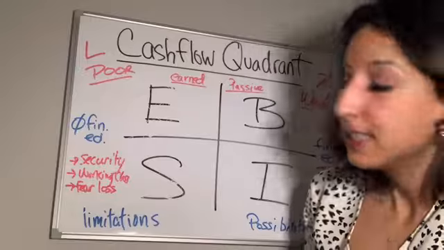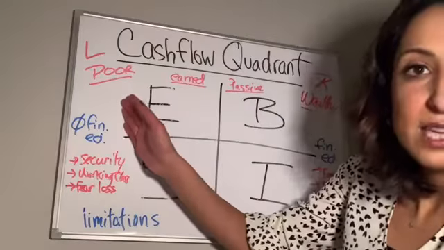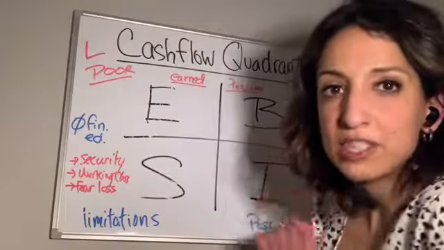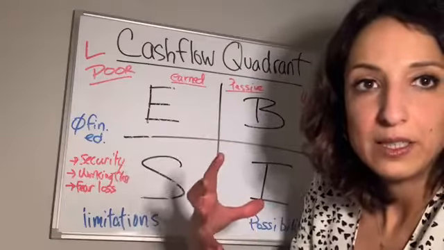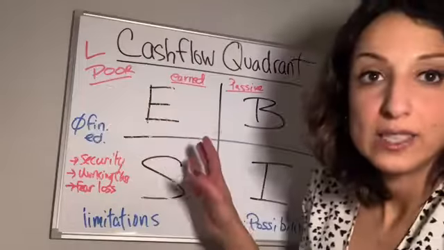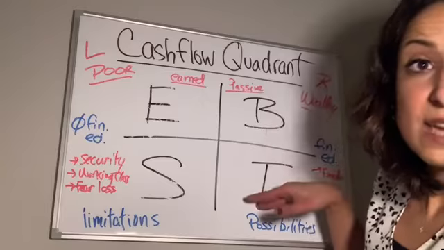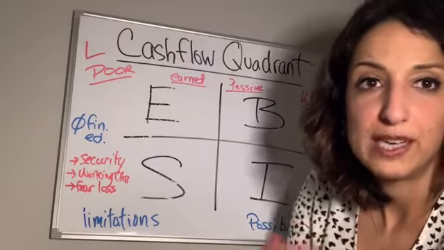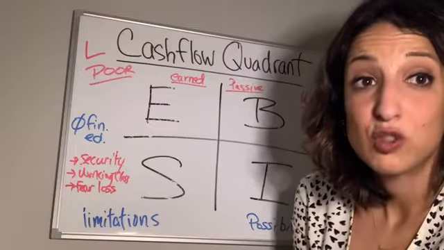The biggest thing with this quadrant is transitioning from the left side of the quadrant to the right side. Like I mentioned at the beginning, there is a certain shift that has to happen when you go from the left side to the right side. Even if you go from an employee to a small business owner, or a big business owner to an investor, your entire being has to shift. There's a certain level of education that needs to take place, and it's extremely hard.